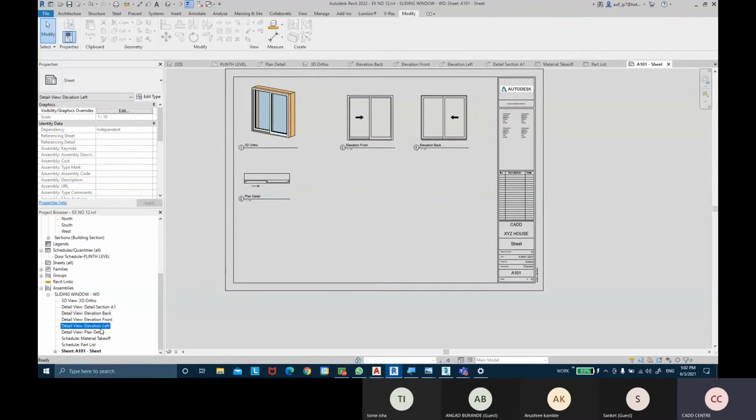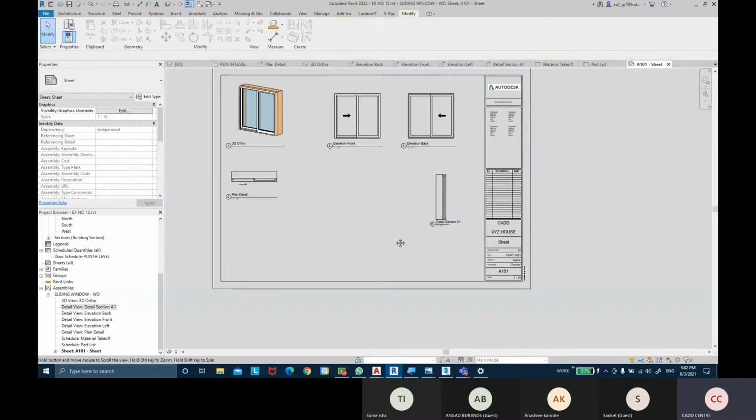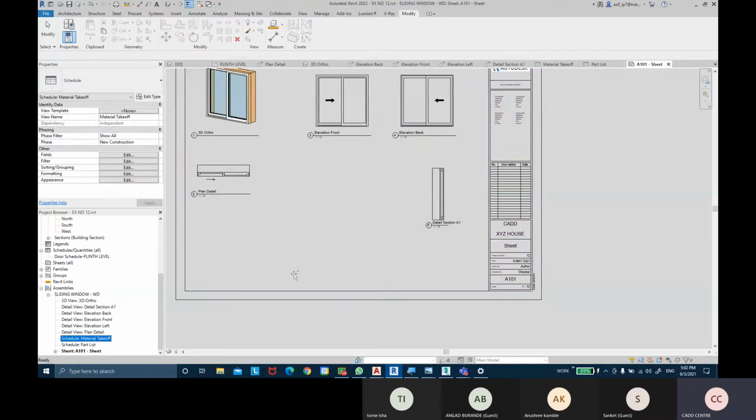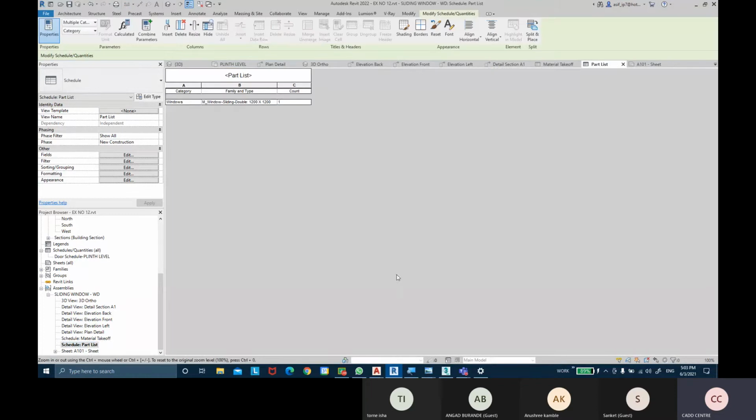You will add the elevation left and the section view. Insert the material takeoffs and part list as well.